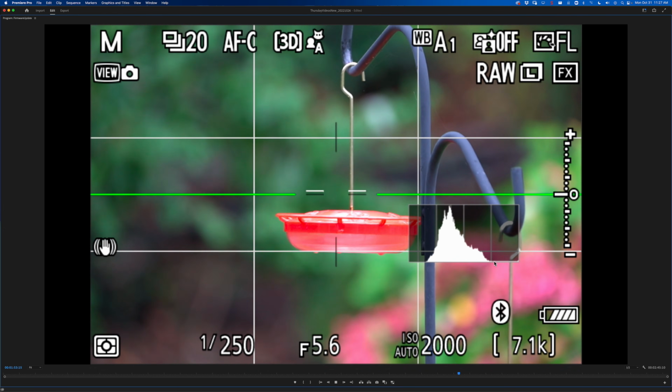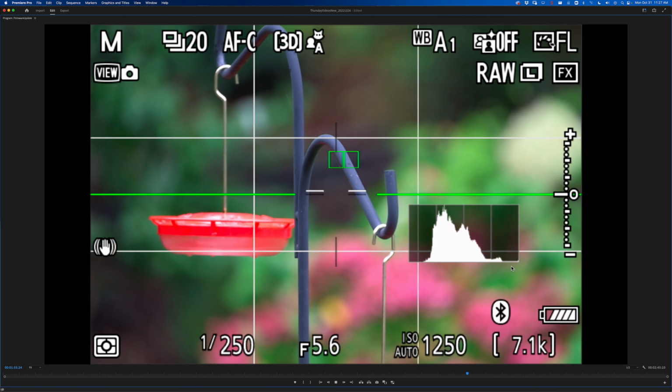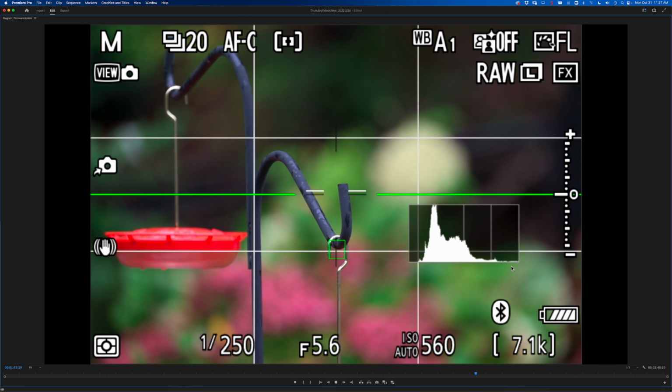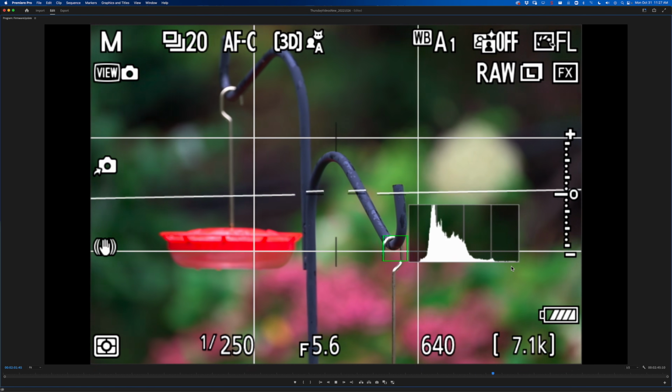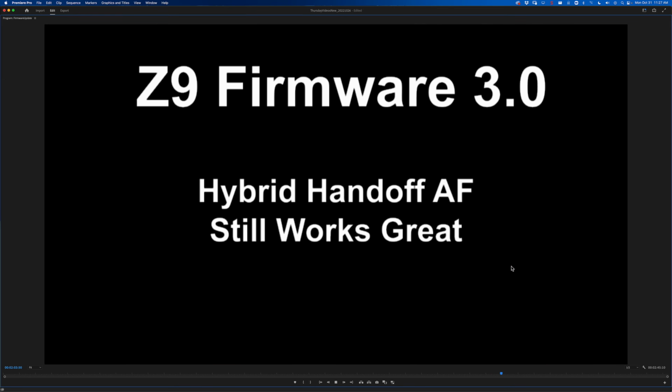Watch, it looks really familiar. It's gonna start flashing little squares around looking for that subject to lock on, and then it does. All right, well, that's just not what the hybrid handoff using two different focus modes are made for. Those really are made for those types of situations where you're picking up a fast moving subject like a bird in flight or a race car coming through the scene, or you're trying to discern one animal from another and